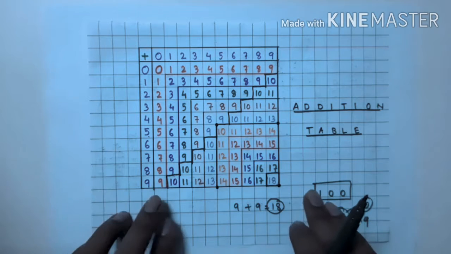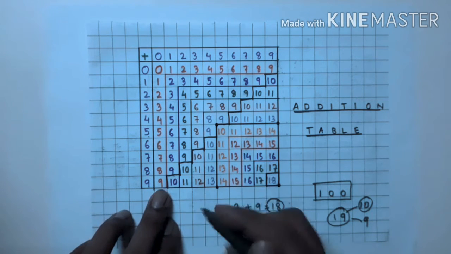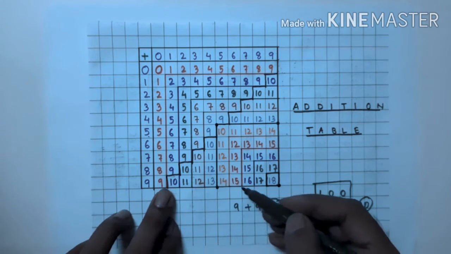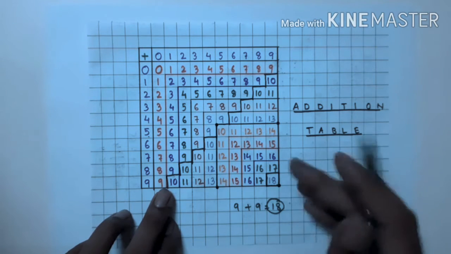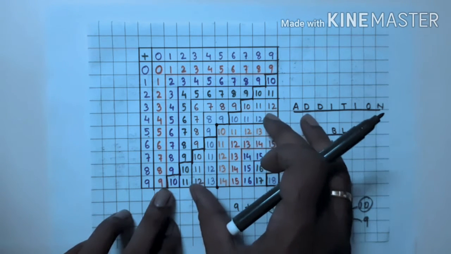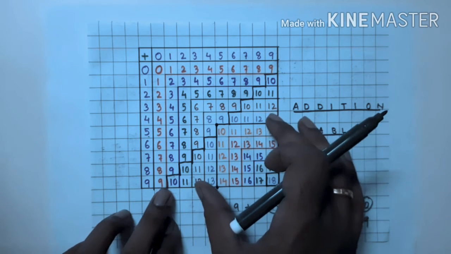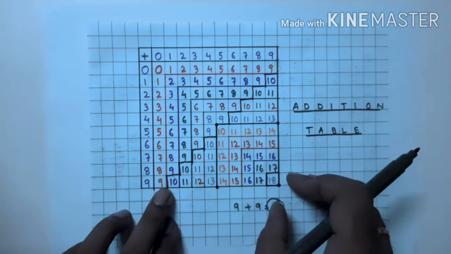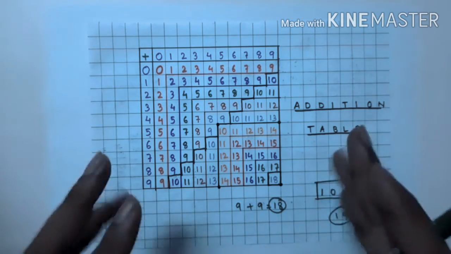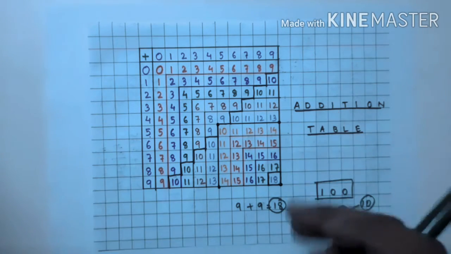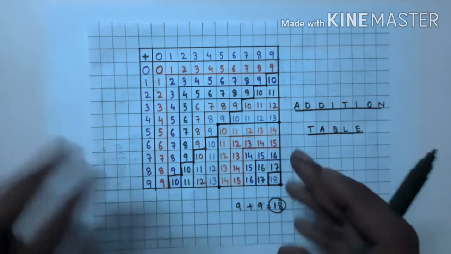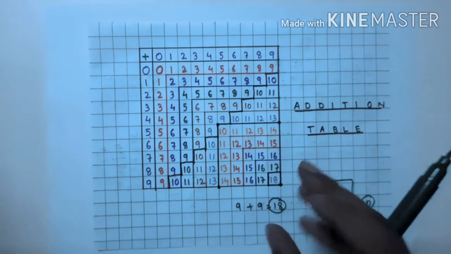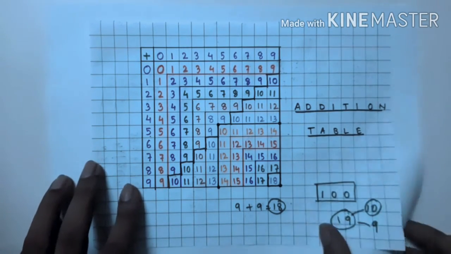The only problem lies when it comes to two digit numbers, like 10, 11, 12, 13, 14, 15, 16, 17 and 18. In this area only most of the students face the problem. Like when you ask 9 plus 8, they just think for a moment, then answer it. Okay, so now for 9 plus 8 they cannot use the fingers like this. So 9 in the mind and 8 in the hands, like that. It takes time.